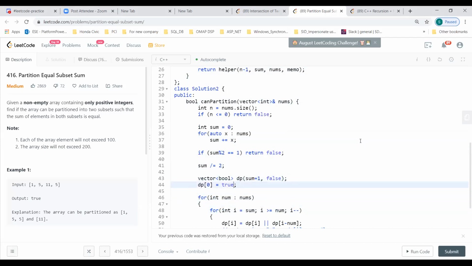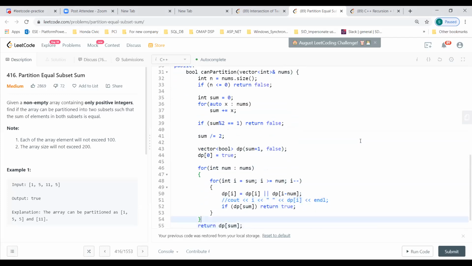So I can use the first element as a base case, and then I do 2 loops the way you're doing. One first takes each and every number from the nums vector, and then I'm running through from the sum down to my num, the reverse way.